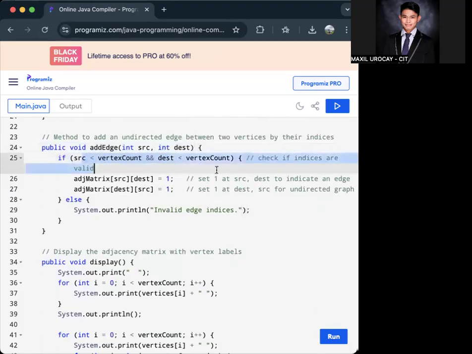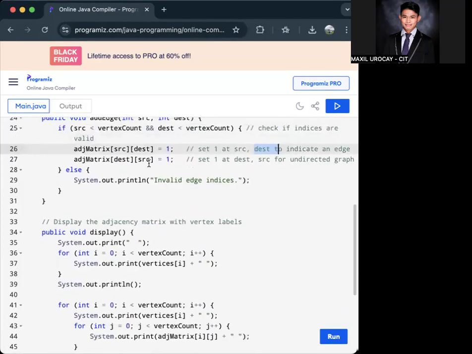If valid, we set 1 at source to destination to indicate an edge. Then, because the graph is undirected, meaning edges are bidirectional,